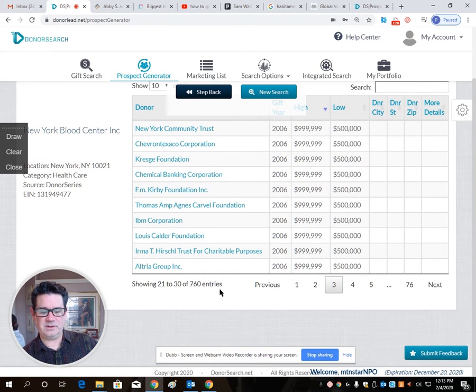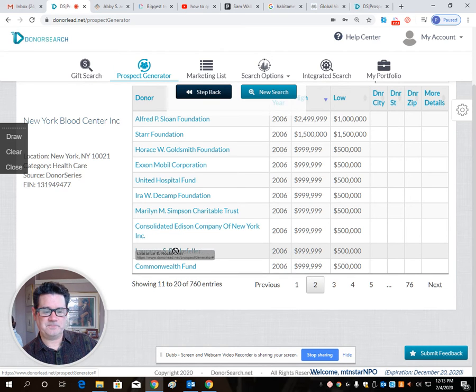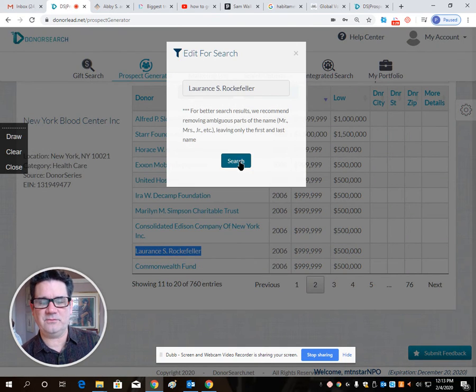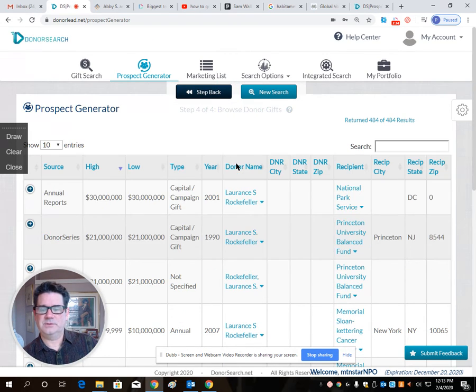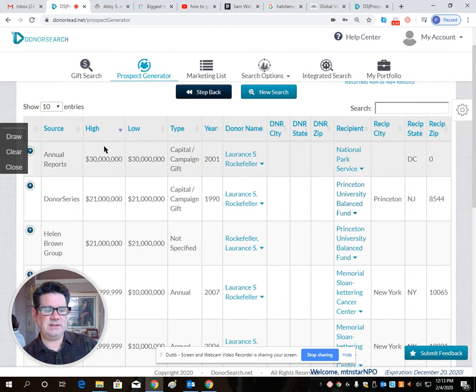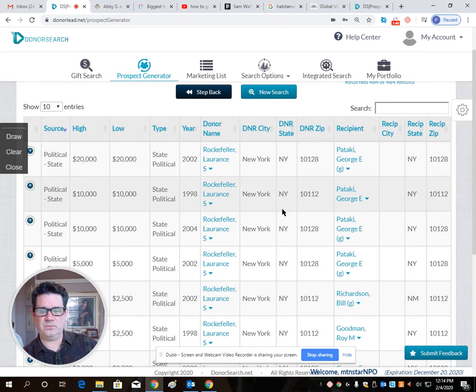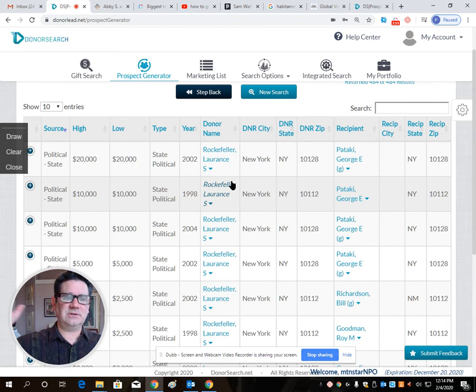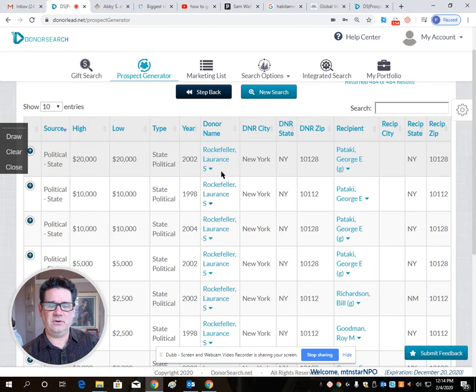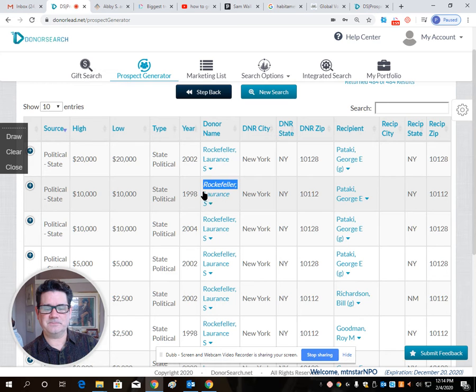Here's Lawrence S. Rockefeller. So I'm going to go back. So here's a big name. It's a name we all kind of know. So Lawrence S. Rockefeller, right? Gave money. So National Park Services. So what I'm trying to find is an algorithm on where this person lives, political state, New York, New York, New York. So this person lives in New York, because when you give money to your congressman, you're always giving it to your congressman, not somebody else. Nobody gives $30,000 to a congressman in some other part of town where they don't even know where that person's from. So I look up Lawrence, just cut and paste this,